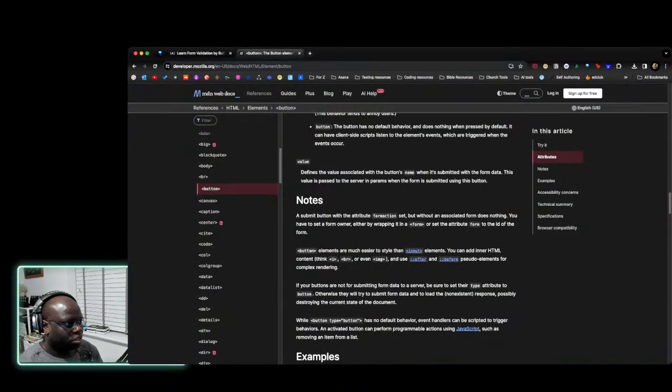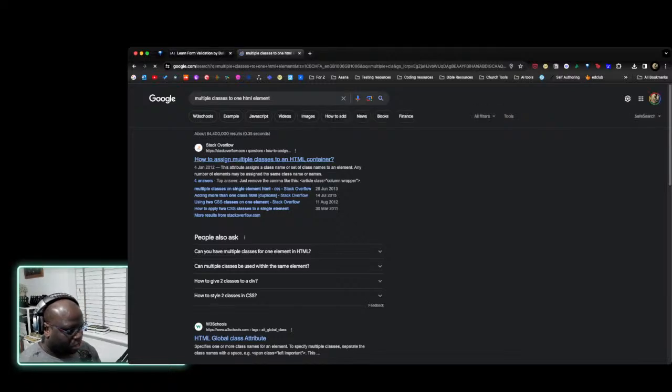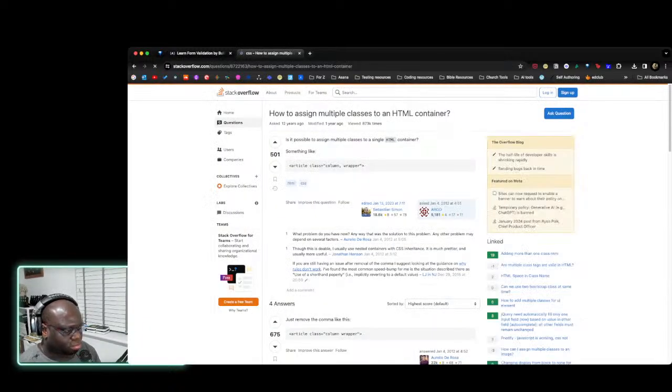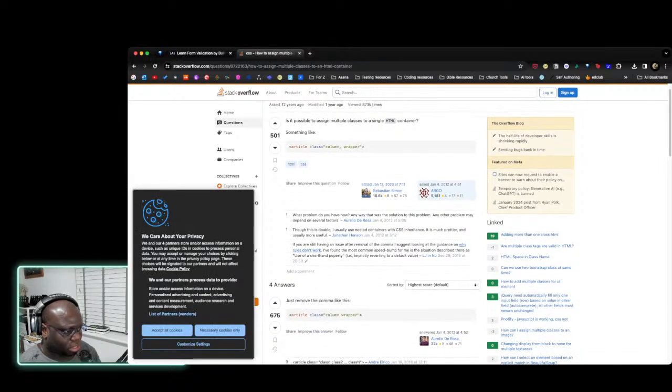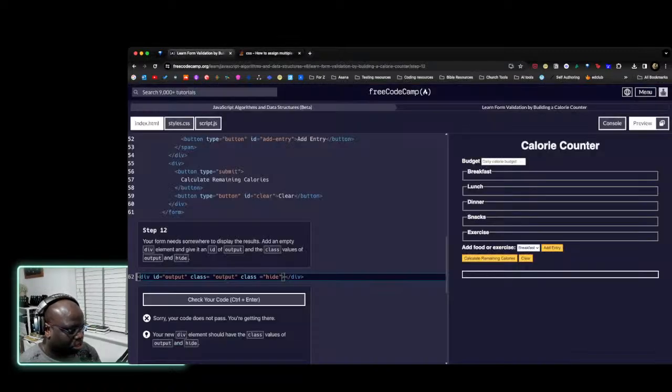Okay, so let's see. So again, you've got your Stack Overflow, because I'm asking specifically how to assign multiple classes to an HTML container. So I could use that. There is a W3 Schools article as well. So I can just define them within the same brackets. They don't have to be separate. So